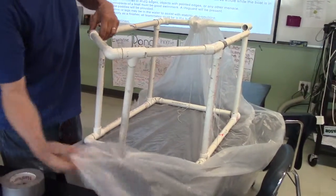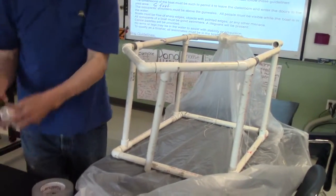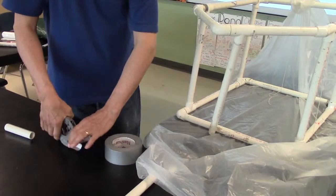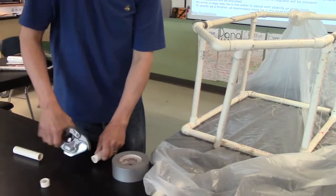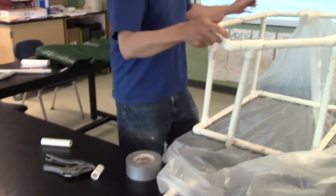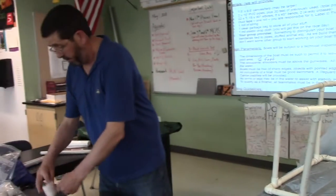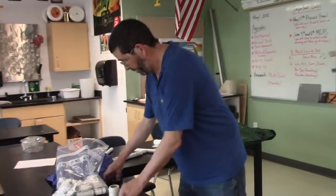I'm going to come to the front of the boat. I make another little ring. So this is why I suggested when you're cutting, you might want to throw some of your little cuttings in your bag so that you have them. Grab a piece of string,